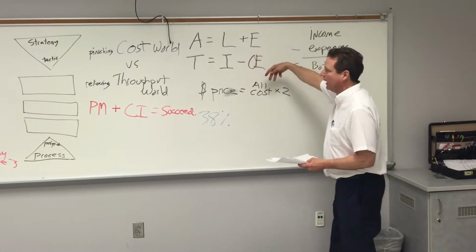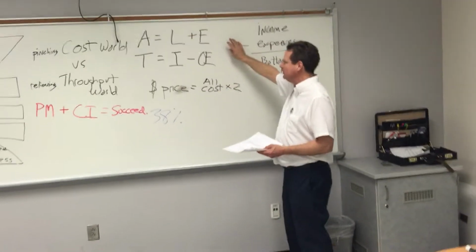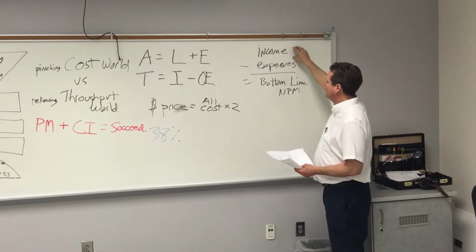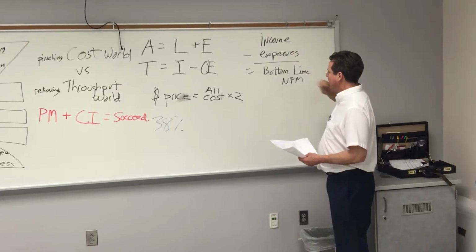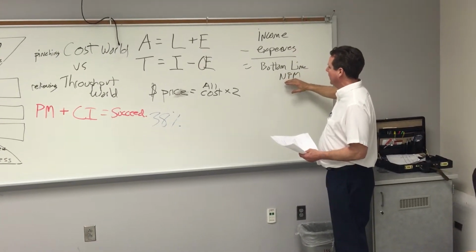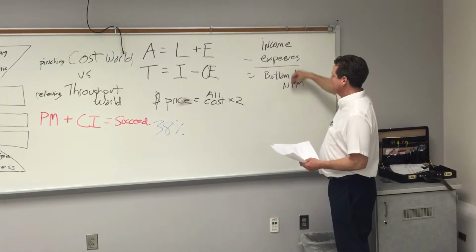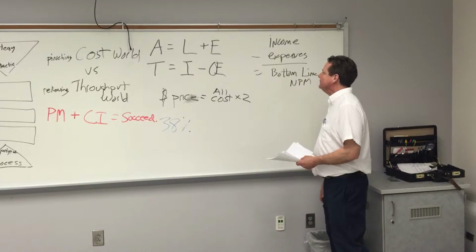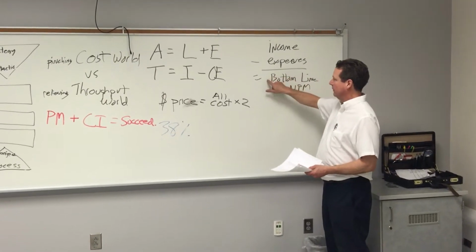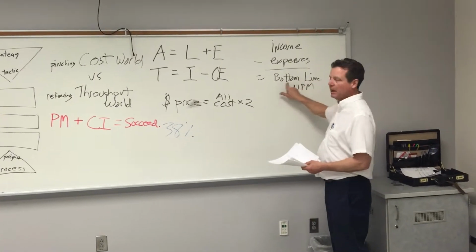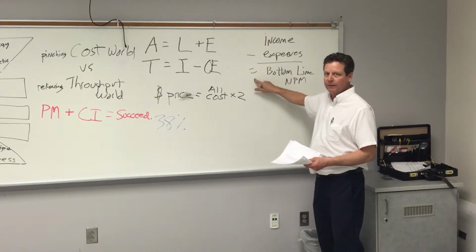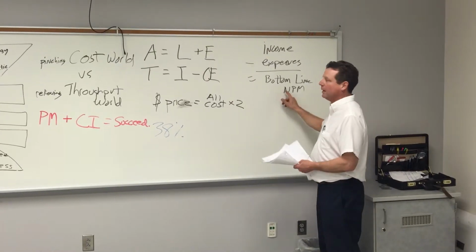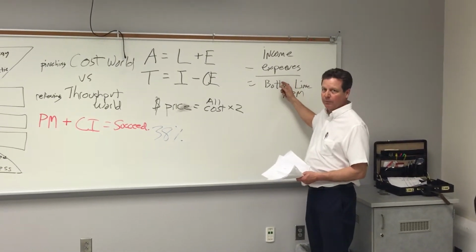These are basic accounting equations, and this is that bottom line thing. When you take all of your income and you minus your expenses, that's your bottom line or your net profit margin. This seems like a very simple thing to say, but companies play games with it all the time. And the most important thing is there was no bottom line at the beginning of the goal. They increased their profit margin 20%. Well, then they were making 20% net profit because that was what they were coming up with from nothing.